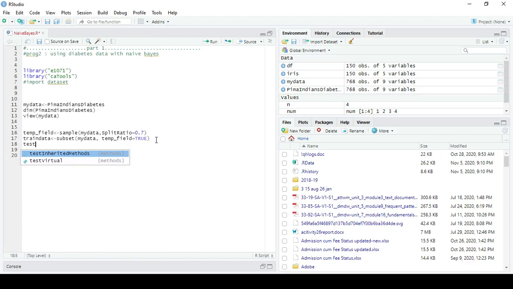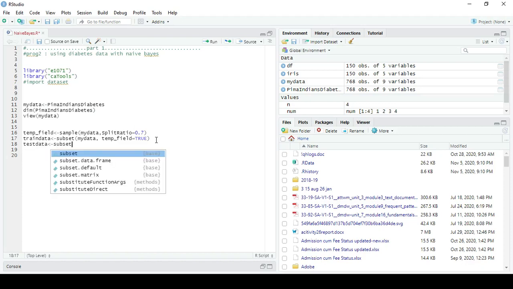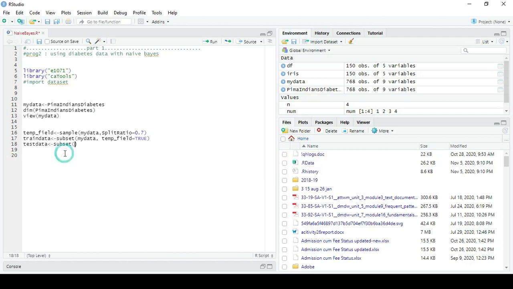Test data, subset my data, temp field equal to false.